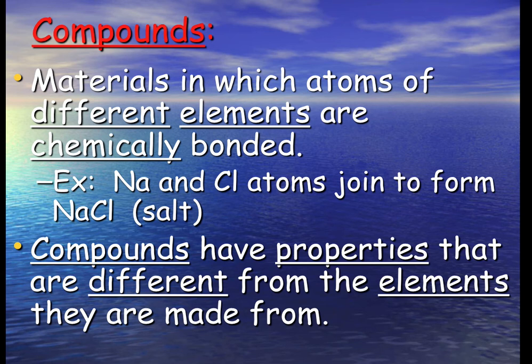So sodium is a somewhat soft, grayish metal. It can be cut with a butter knife. It's still painful to do that, but you can slice it with a butter knife. And then chlorine is a gas, and it's a colorful gas. And when we have those bonded together chemically, we get that beautiful, clear, colorless crystalline structure, table salt.